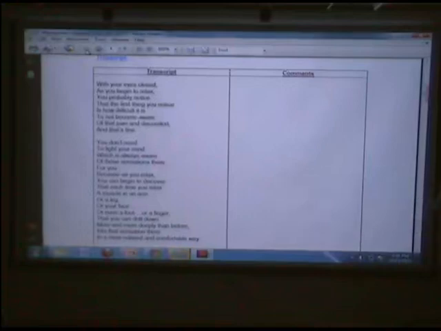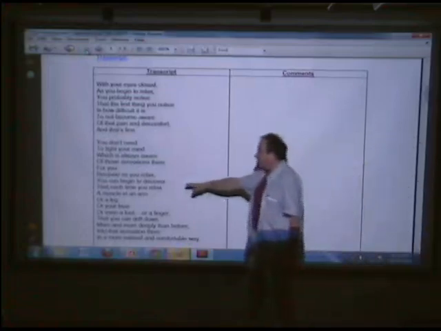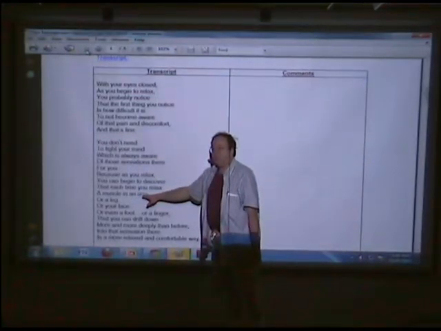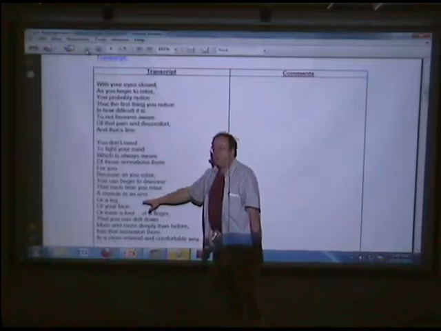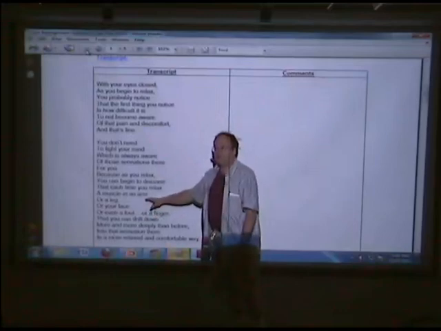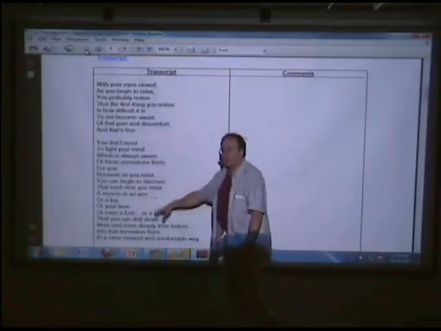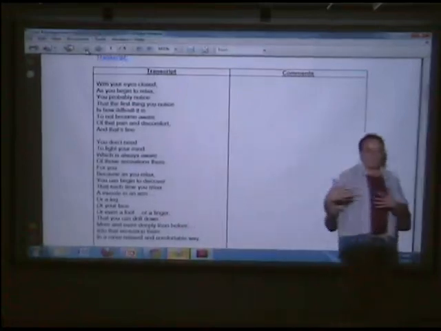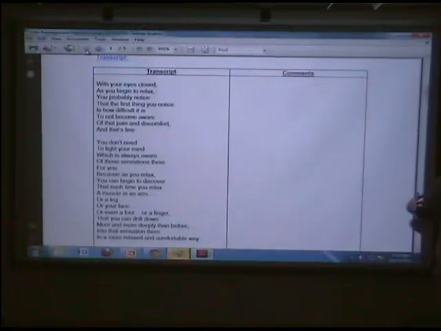Yeah? It says a muscle in the arm or a leg or a face or foot, do what? Now, you can begin to discover that each time you relax a muscle in an arm, or a leg, or a face. Yeah, but you don't even have to relax a muscle in the face. All you have to do is become aware of the face. Okay, does that make sense? Yeah. Again, a complex kind of a construction there that is just directing attention all around the body, with the eyes closed,